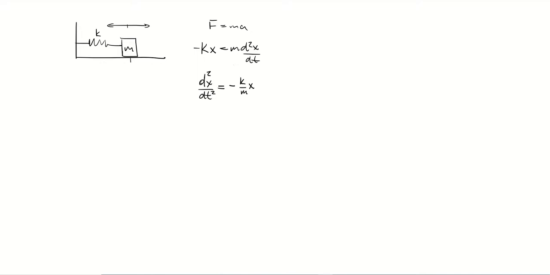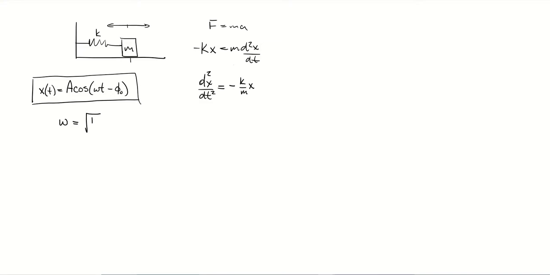And when we looked at this, what we realized by the end of the video was that solving that equation gave us the position of that mass as a function of time, equal to some amplitude A times cosine of omega t minus something we call the phase constant. This is how we describe simple harmonic motion, motion that repeats itself and follows a sinusoidal pattern. And for the mass on the spring case, we showed that omega, that angular frequency, was equal to the square root of the spring constant over the mass.